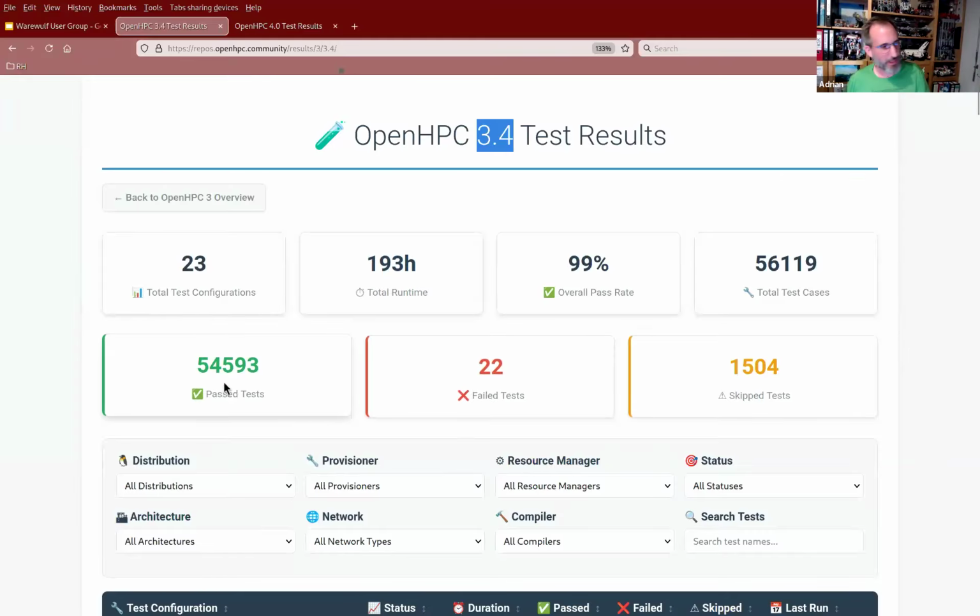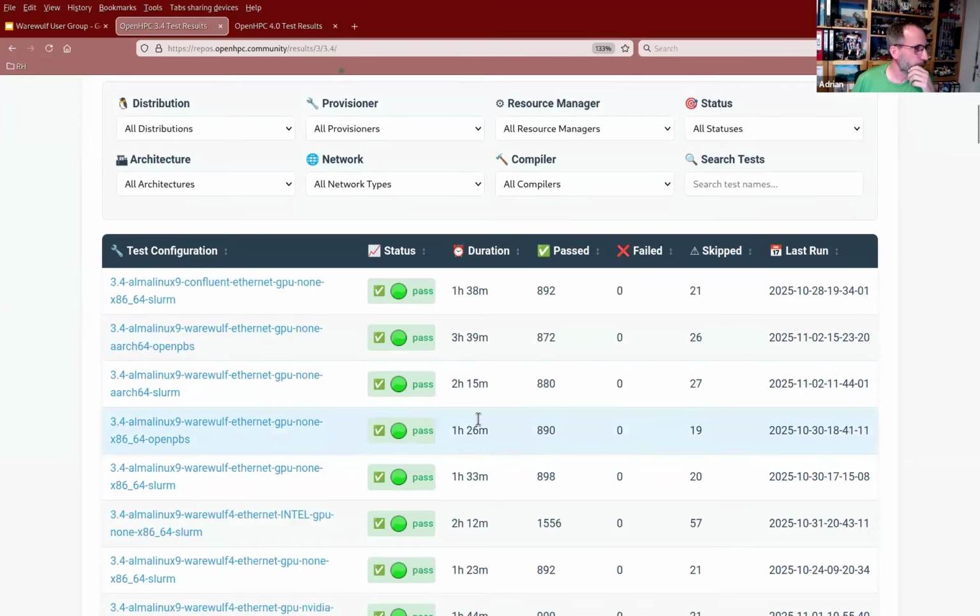And over the whole thing, we run around 50,000 tests. And if we're looking here, we see for most of the different variants, we run around 800, 900 tests. So you see here, those are the tests we're running for each release. And we're testing on different levels. So we're testing,